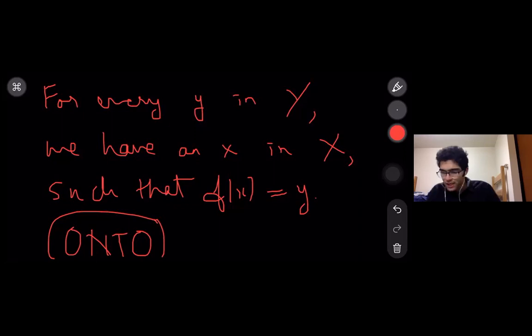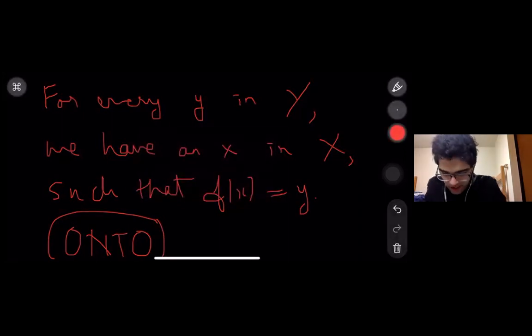Okay, good. And a bijection is just defined as something that is both one-to-one and onto. So we don't have to technically come up with a new definition for it. We can just say a bijection is both one-to-one and onto. And we have already defined what is one-to-one. We've already defined what's onto. So we don't have to come up with a new definition for a bijection.